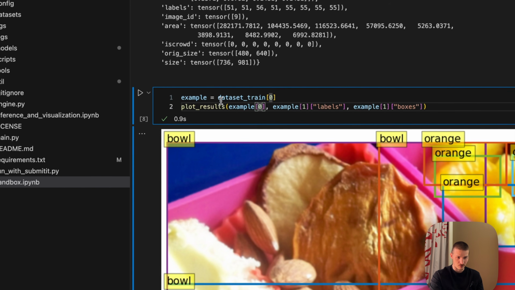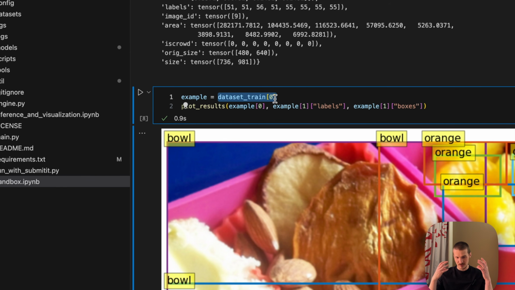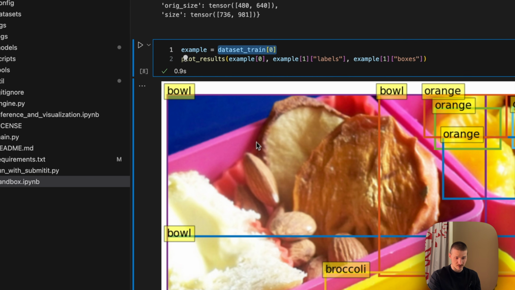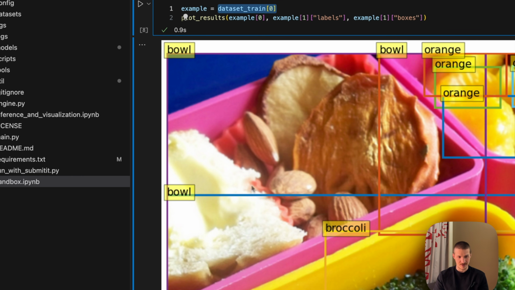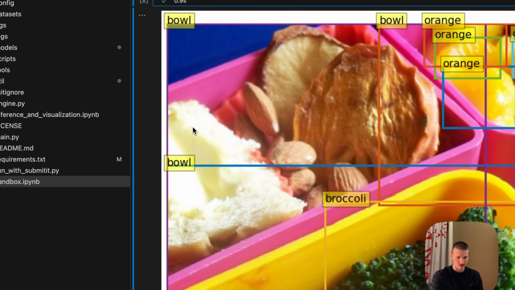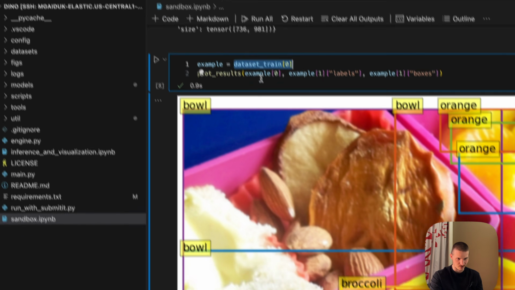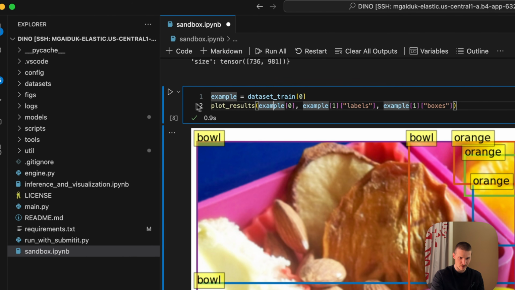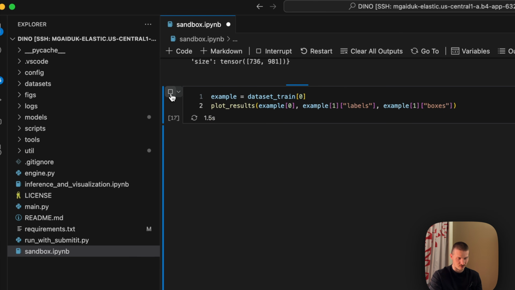So here's the example of the dataset. The dataset is just the thing that basically loads images one at a time. And here it is with annotated classes and bounding boxes. This is the very first image in the COCO dataset, so we've seen it in a lot of videos already. If you just rerun this cell,